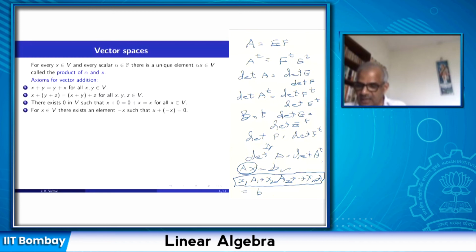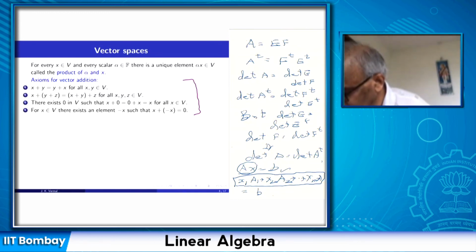Okay? These four are also true for real numbers. These four properties are extracted from the set of real numbers. In real numbers, we have addition and we have multiplication. So ignore the multiplication for the time being. Then just look at the addition of real numbers. Then these four properties, that is commutativity, associativity, existence of zero element, and existence of minus x. Minus x is called the additive inverse of x. When you add the additive inverse of x to x, I get the zero vector. Okay, so these four axioms are stated in this sequence. The sequence is very important.